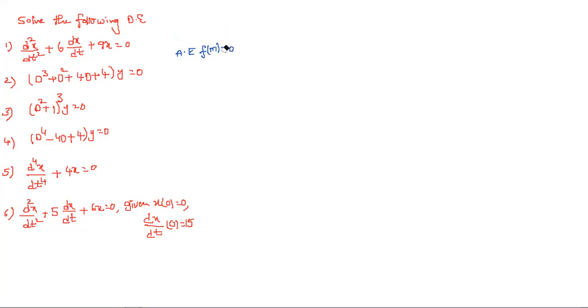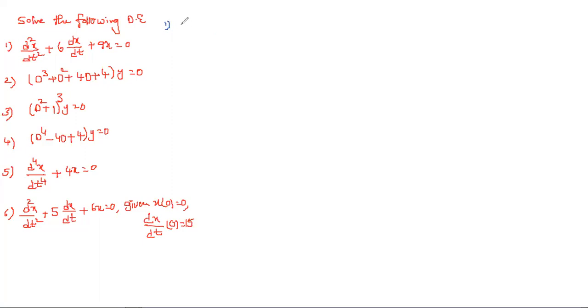So here it is, generally we are saying as dy by dx, but it's not mandatory. So they may give any dependent variable and independent variable. If you observe that here it is having in first question, x is a dependent one and t is a independent variable. And the given differential equation is not in a operator form. So first we have to write the given differential equation in operator form.